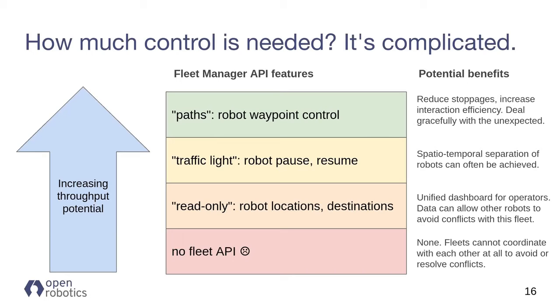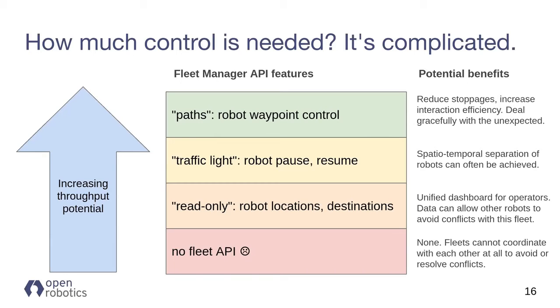Read-only fleets will also be another option, where we can read the robot's location, but we're not allowed to give any command to that robot. And if I'm not wrong, I believe with one of these, we can guarantee no deadlocks, but more than one could create problems. We can't guarantee that it won't create problems, having more than one of this type of fleet